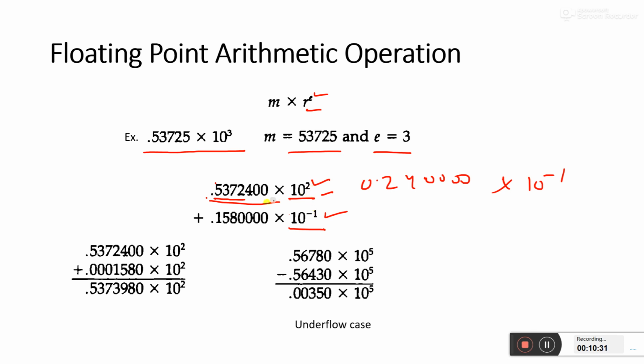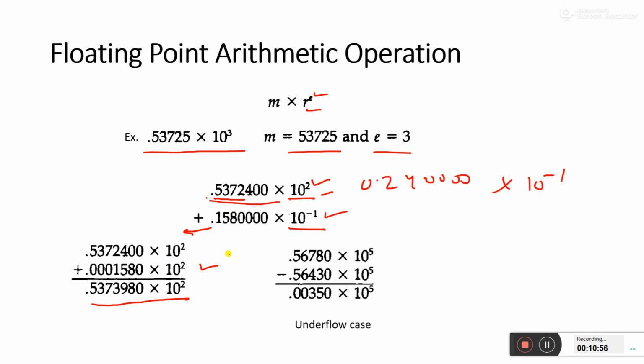Now another case is, if my 0.58 has 4 zeros, then I can shift this point to the left side. If I shift my point to the left side, then my number will become this, and this will provide me proper accuracy with this type of addition. So we should use this kind of thing. Okay, that is one thing.